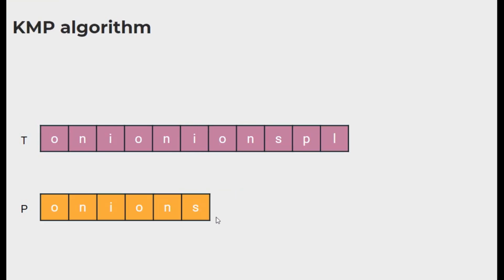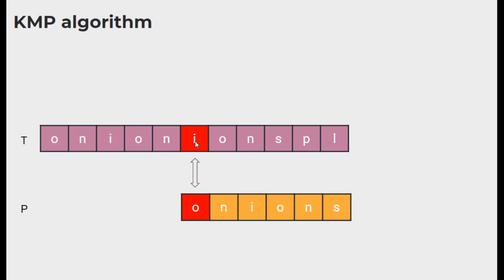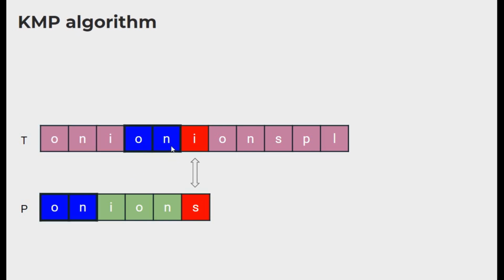Consider this example now. The first 5 characters match and there is a mismatch here in the last character. If we go by our previous technique, that is, if we just ignore all the previously matched characters and just start comparing from this mismatched position, just like this, we will not be able to find the required pattern which is actually present here. We will be missing it. By totally ignoring the previously matched characters, we will be missing the overlapping characters like O and N in this case. So how exactly do we find these overlapping characters?